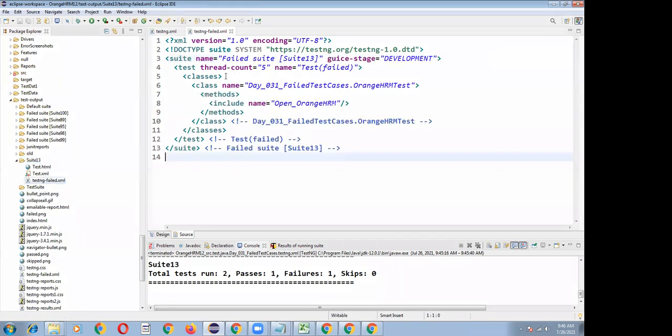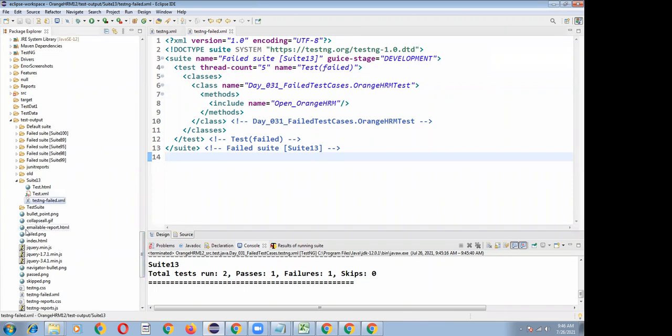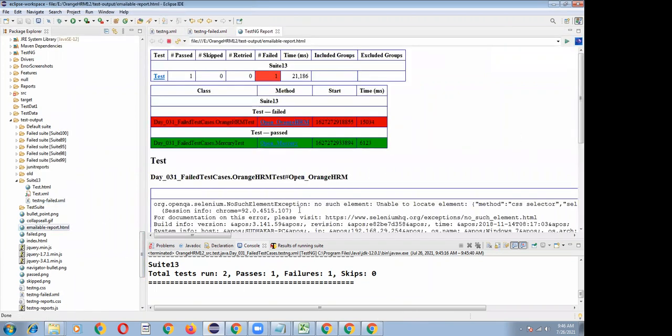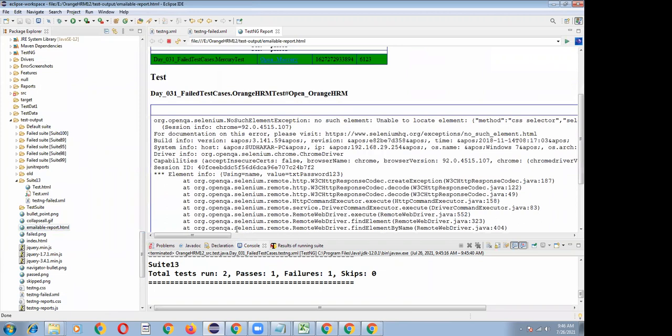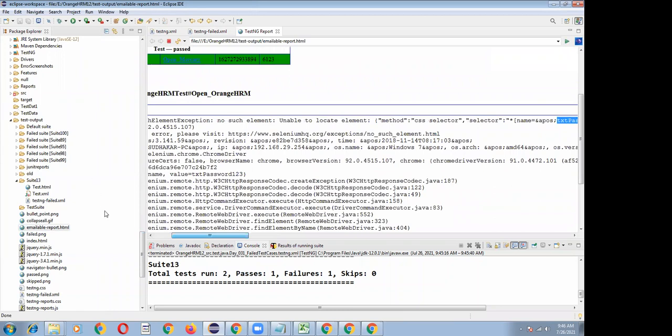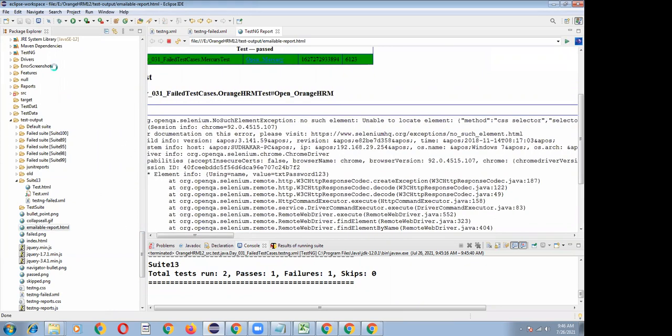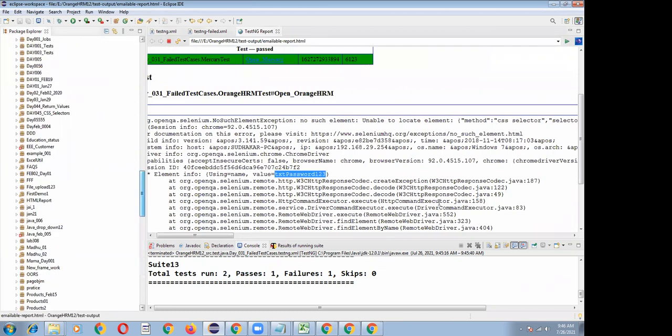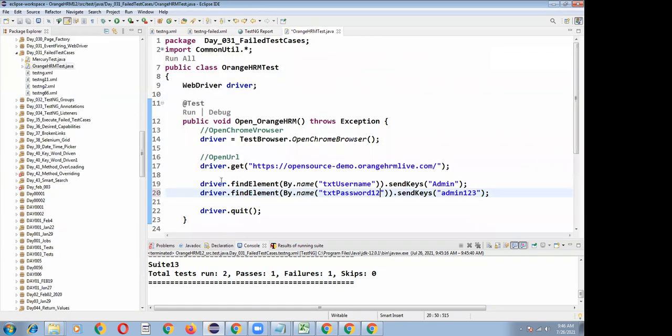Suppose your testng.xml contains 10 testng classes and 7 passed and 3 failed. Next time you have to execute only your failed test cases, because you have fixed all the issues by navigating to the emailable report. I gave an invalid locator name, something unable to locate the web element. So I navigated my application and fixed my issue, and I want to execute only the failed test cases. Like that, I have fixed all the remaining testng classes.